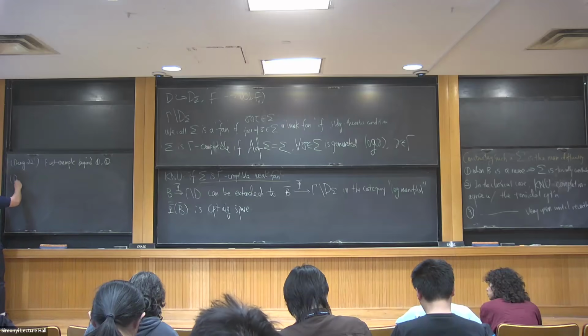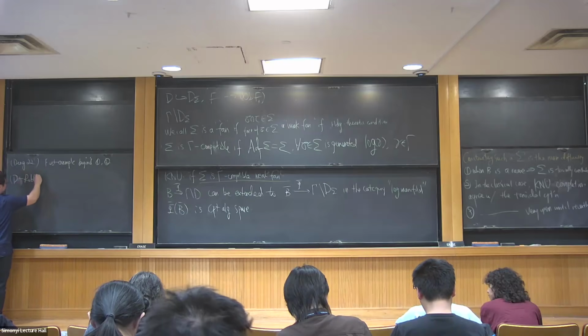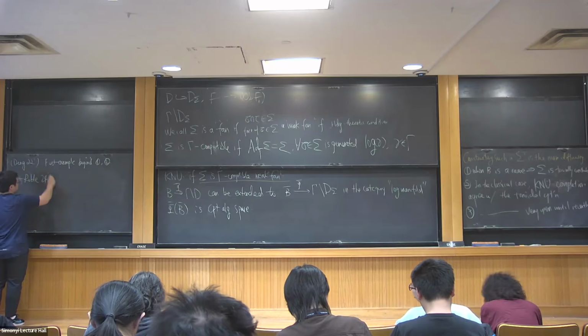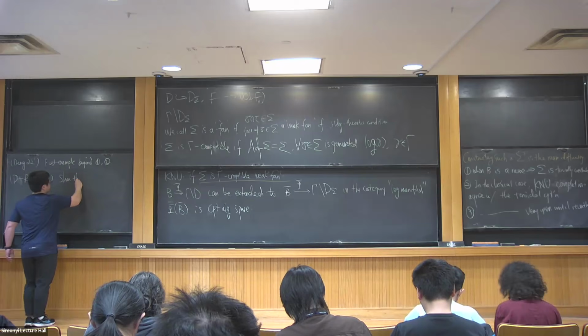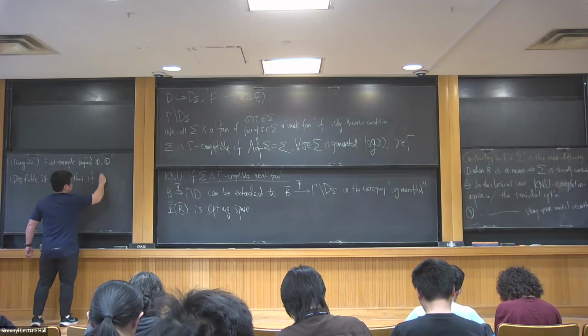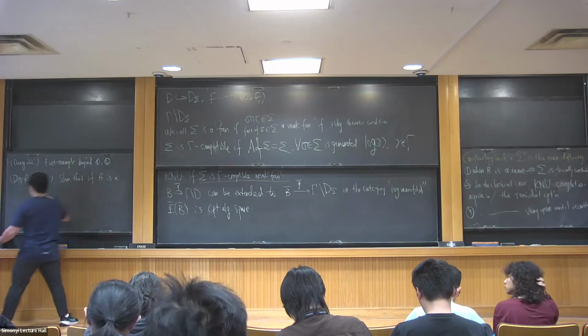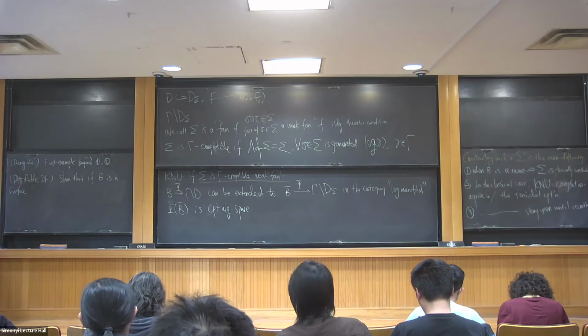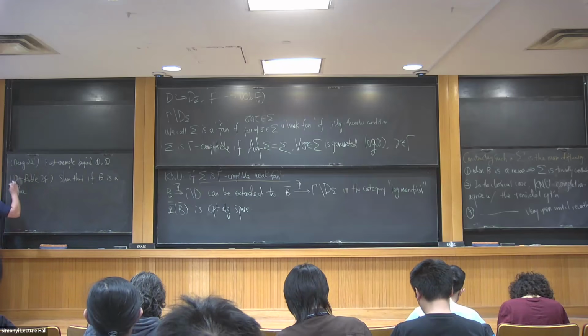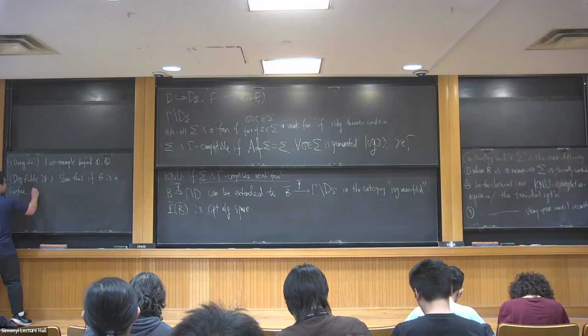And later, in the paper with Colleen Robles in 24, we showed that if B is a curve, then it is clear, but if B is a surface, we are also able to show that there exists